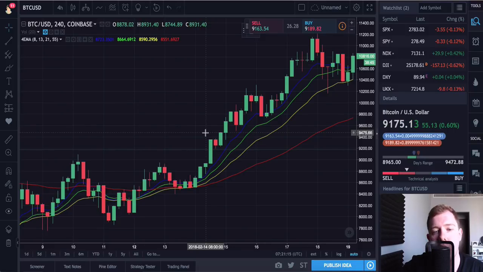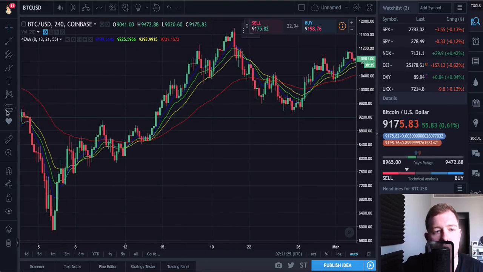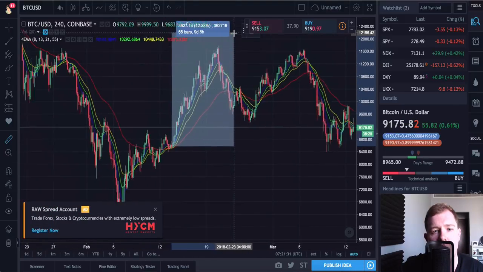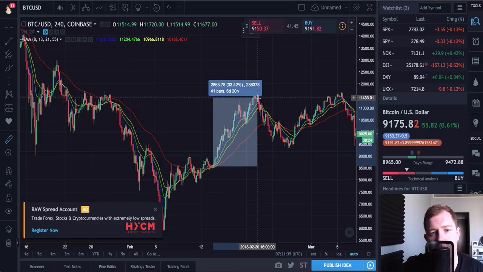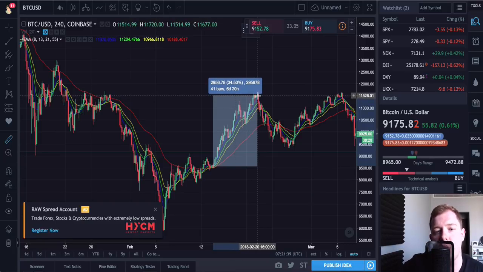So now what does that signal? As I said before, when these averages are in the color order that we want, that signals us to buy. Now, what would have happened if you would have bought here? So if you would have bought here where they first crossed, let's go up here, you would have in fact, over a 6-day period, which is roughly average, it depends if you're day trading or swing trading, you would have made approximately